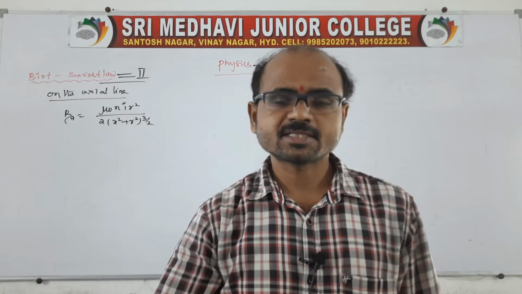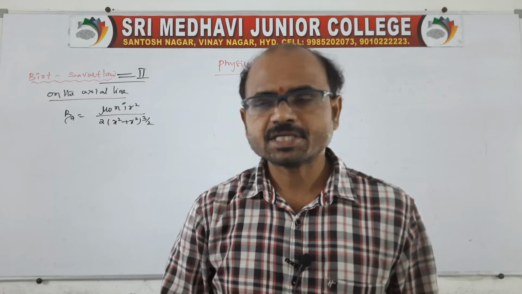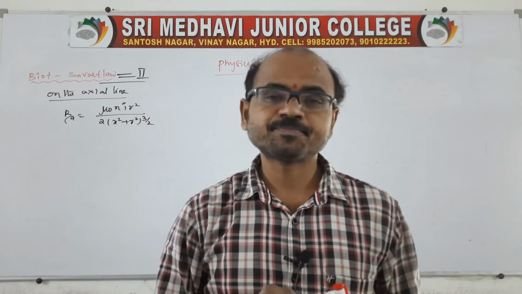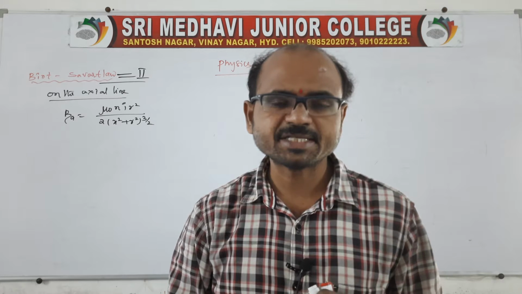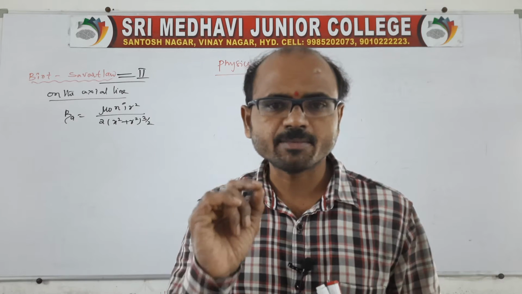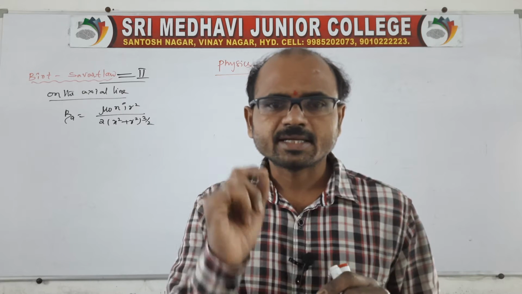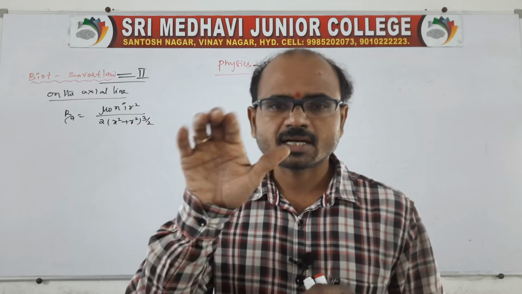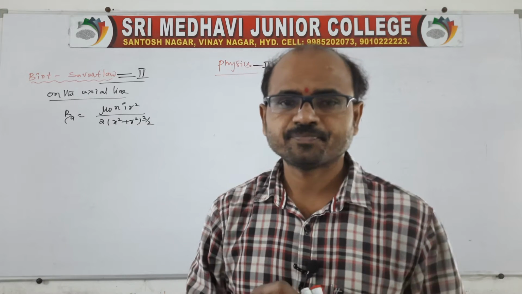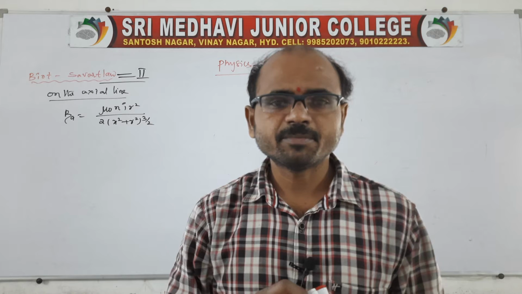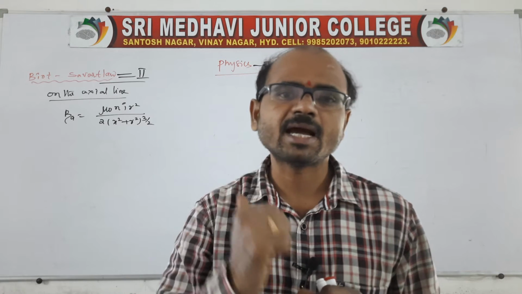In the previous class, we discussed two applications on the basis of the Biot-Savart law. One is at the center, where the magnetic induction B_C is equal to mu naught N i by 2R, for a circular coil carrying a current in the clockwise direction. Another one is on the axial point, out of the plane of the paper, where the current carrying circular coil is anti-clockwise.